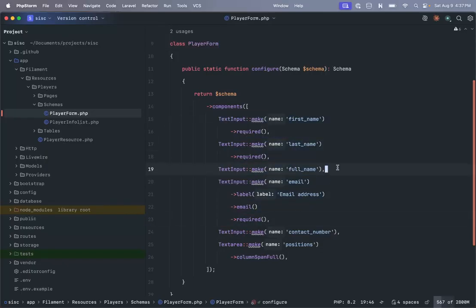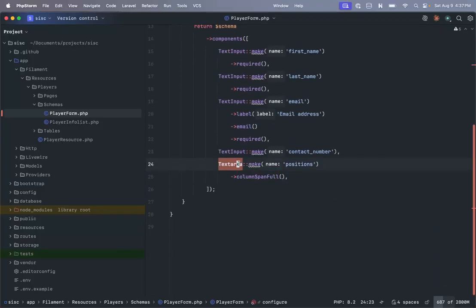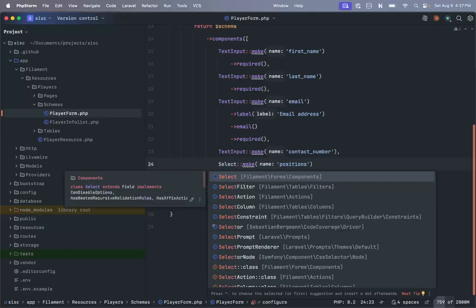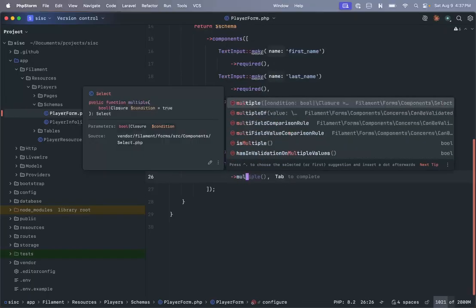Now it did generate one for full name, but we don't want that since it's a generated column, but others I think we're good. So first of all, let's make this a select component instead of a text area, and this is going to be multiple,